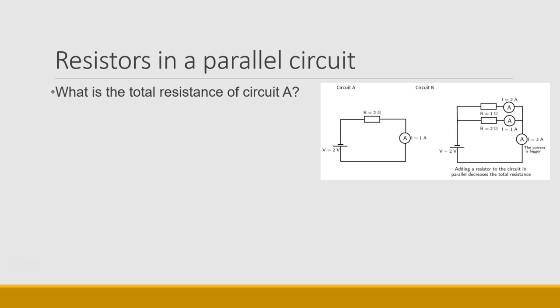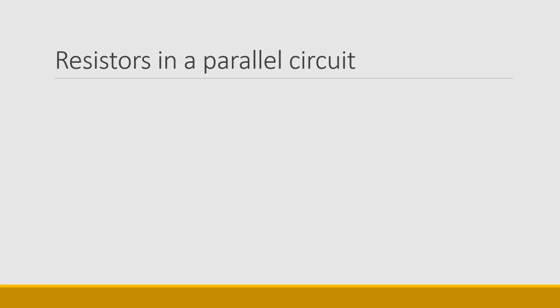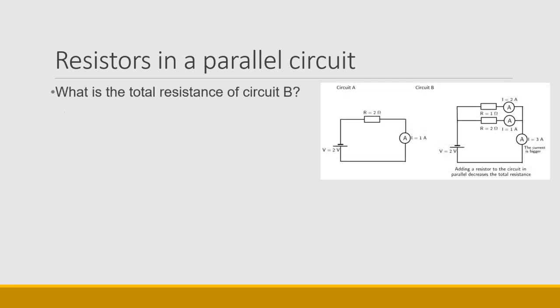What is the total resistance of circuit A? Well, in circuit A, we have 1 resistor, and that 1 resistor has a total resistance of 2 ohms. What is the total resistance of circuit B? Well, this requires a calculation, and because the 2 resistors are in parallel, we are going to calculate it as